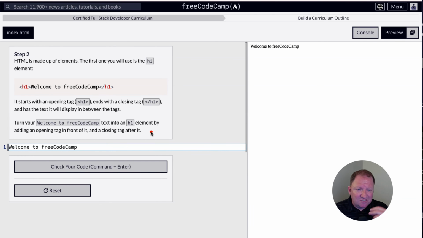And it just takes repetition and practice. FreeCodeCamp, the way it works, is it makes you hand type these in. It doesn't do any kind of auto completion whatsoever. So what it's asking us here to do is it wants us to turn the "Welcome to freeCodeCamp" into